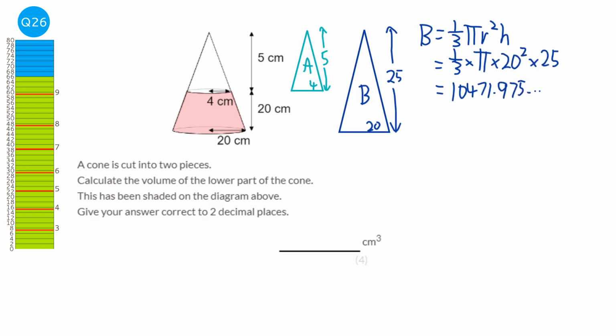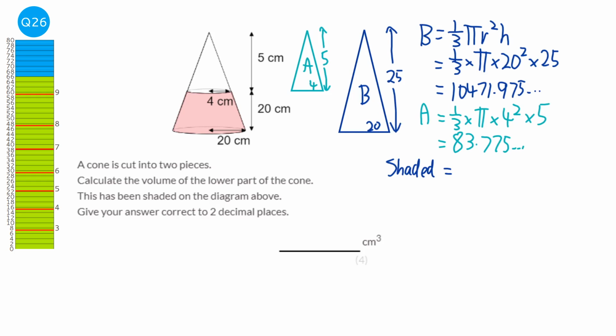10,471.975, blah, blah, blah. We're going to work out the volume for A, and this time it will be a third times pi times the radius now is 4, and the height is 5. So that will be 83.775, blah, blah, blah. So to work out the shaded bit,